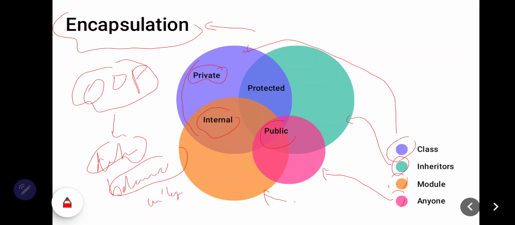Private is just in the class in which it is declared,